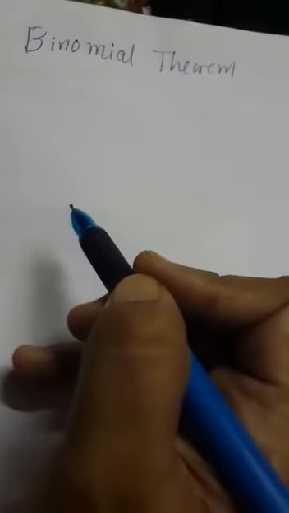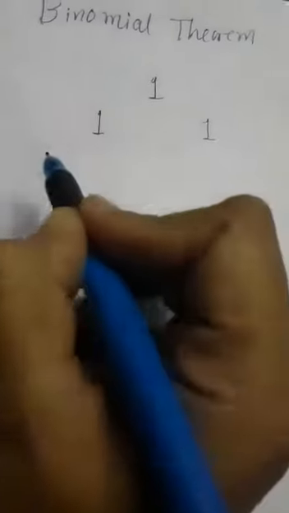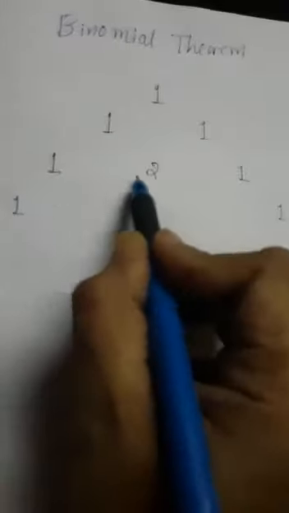Let's understand how to make Pascal's triangle. We first write down 1, and in the two corners we write down again 1 and 1. Now again we write 1 and 1 in the corners, and in the middle we write 1 plus 1, 2. Similarly in the corners we write 1 and 1, 1 plus 2, 3, 2 plus